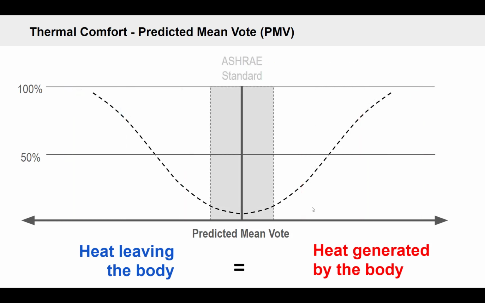Some of you may be familiar with a very popular standard called ASHRAE 55. There's a European and more international version of the standard called EN, I forget the exact string of numbers, but it's essentially the same type of standard. Using the predicted mean vote model, we try to aim for conditions in our buildings that are 10% people dissatisfied,